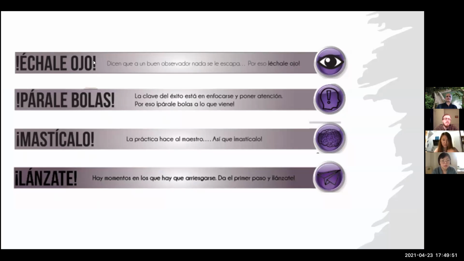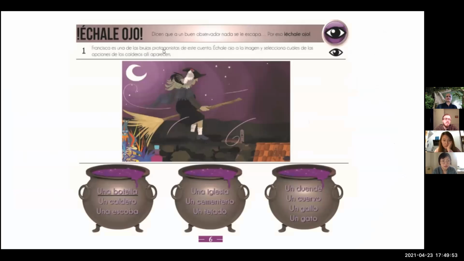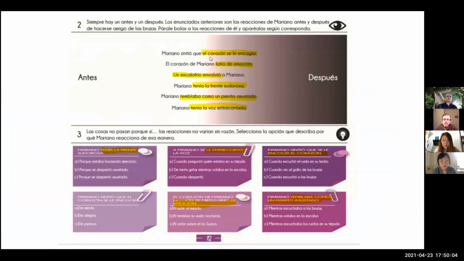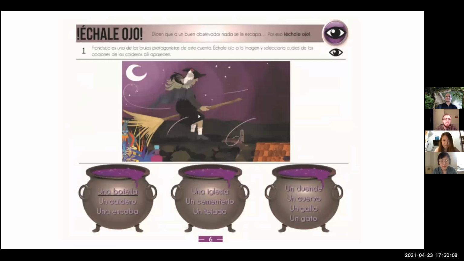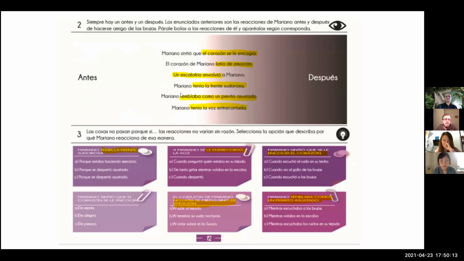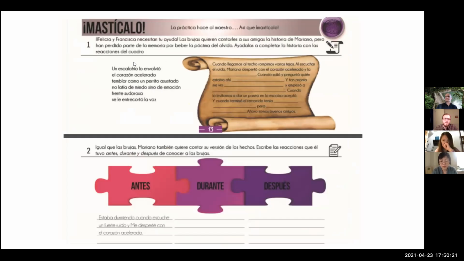We have the 4 sections. The first section is for identification of the units. Second section here, Para Leboulas, is where they try to make meaning of this or try to understand what's going on. And if you can see, the same chunks are being used from the beginning. They're seeing the same structures in different contexts and different activities, so they can remember the same structures. And I told you, not more than 10 chunks, and that works in different contexts.